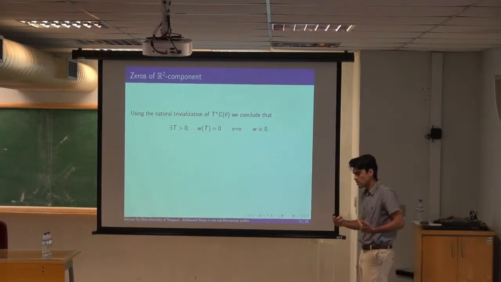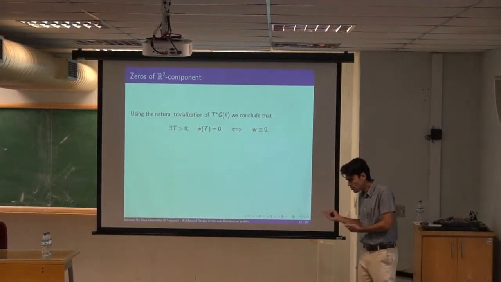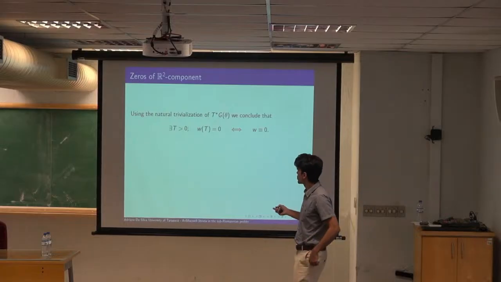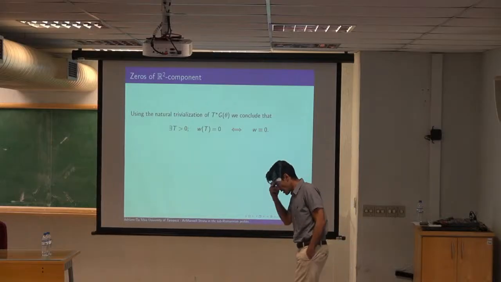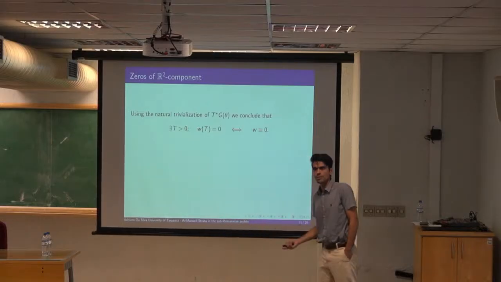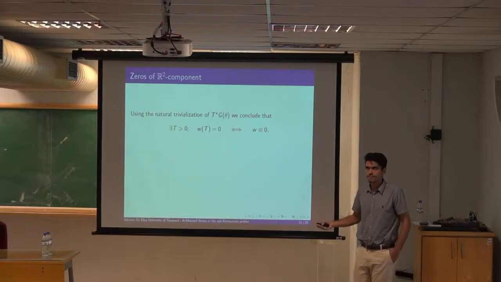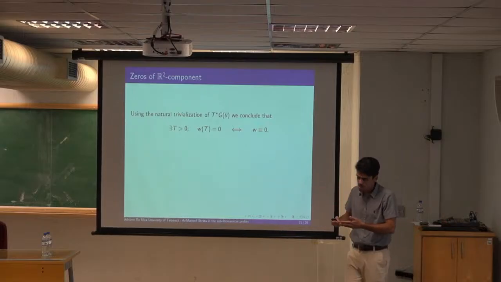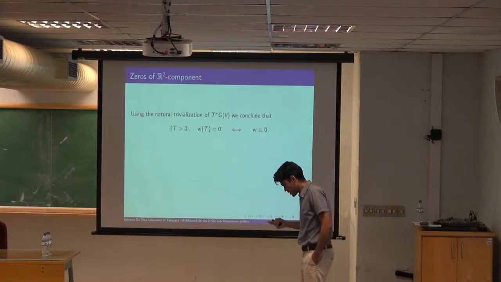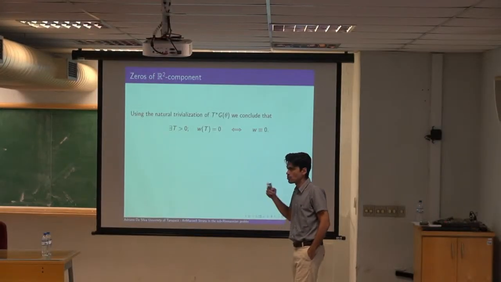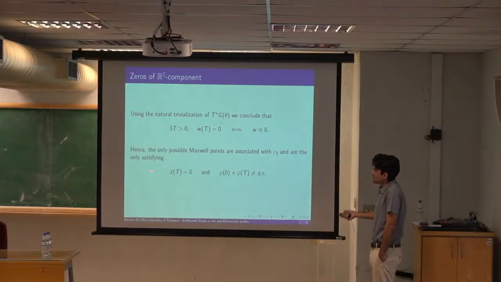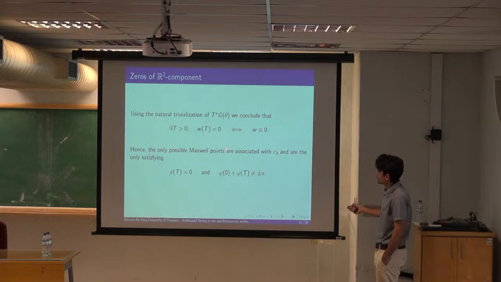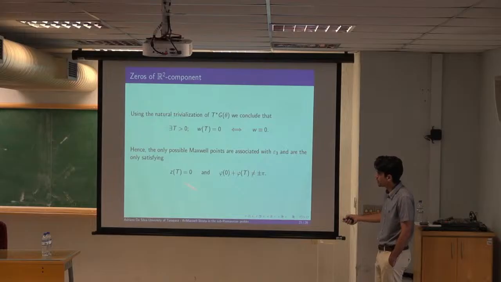The idea is basically you trivialize your fiber bundle, and then you see that the solution on the second component has positive derivative with some condition, and then it never goes back to the axis. There's some direction that always has positive derivative, meaning that it can never go back to the axis. Okay, so we are left to look at the Maxwell points that are associated with V3, meaning the points where Z0,